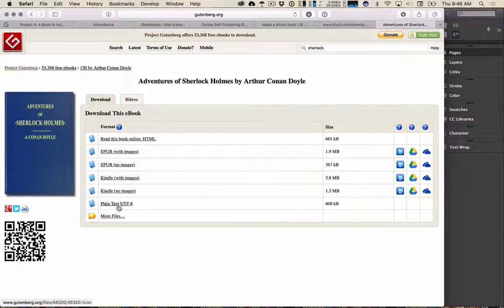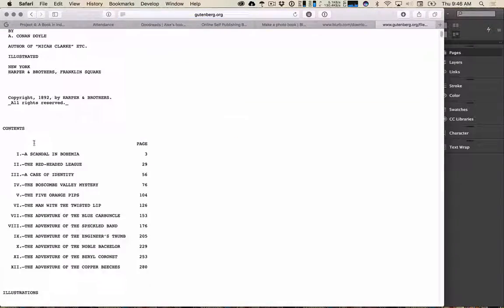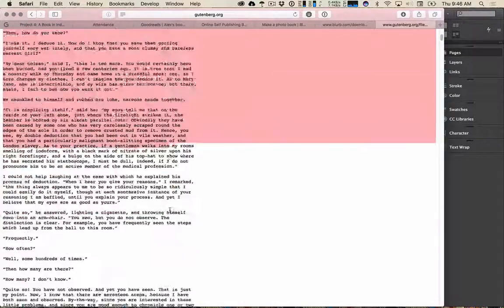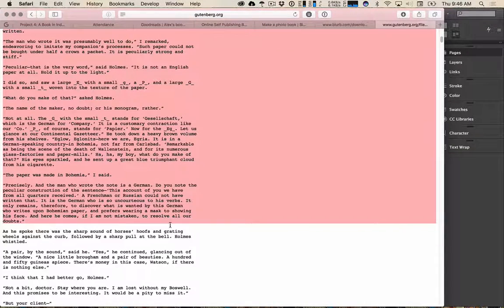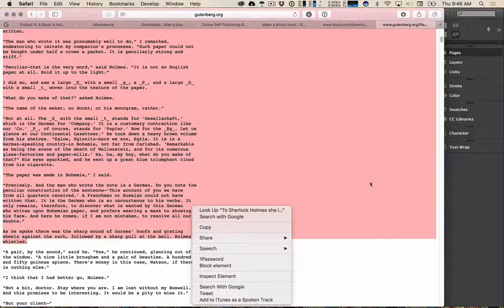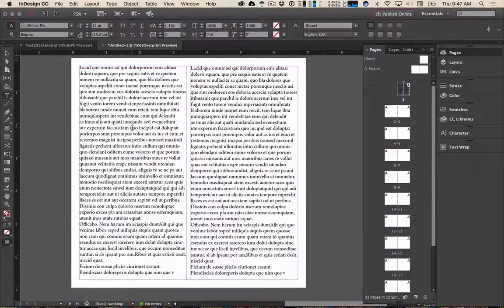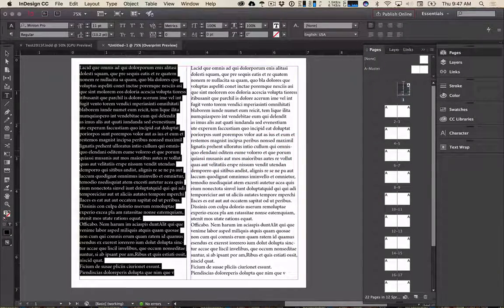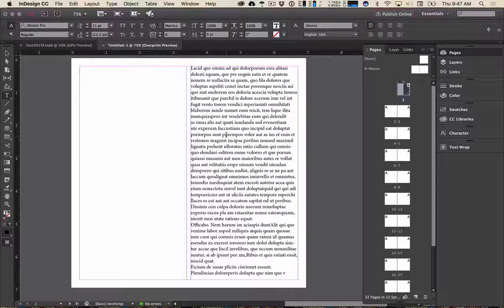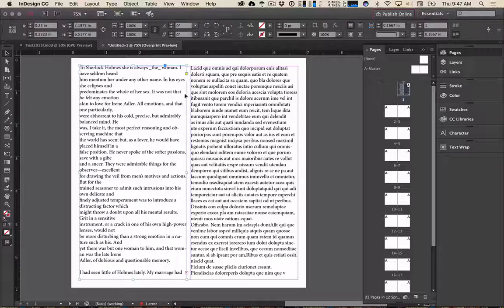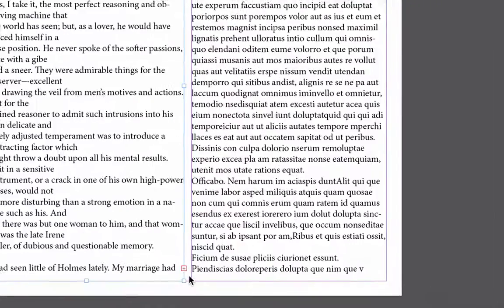So I'm just going to grab plain text. So this is all the Sherlock Holmes books. All right, so maybe I want to do this one. So I'm going to grab a bunch of this text to dump into the book, copy it, come back over here, get your text object, paste it in here. Now obviously the formatting is a little goofy, but if you have more text than what